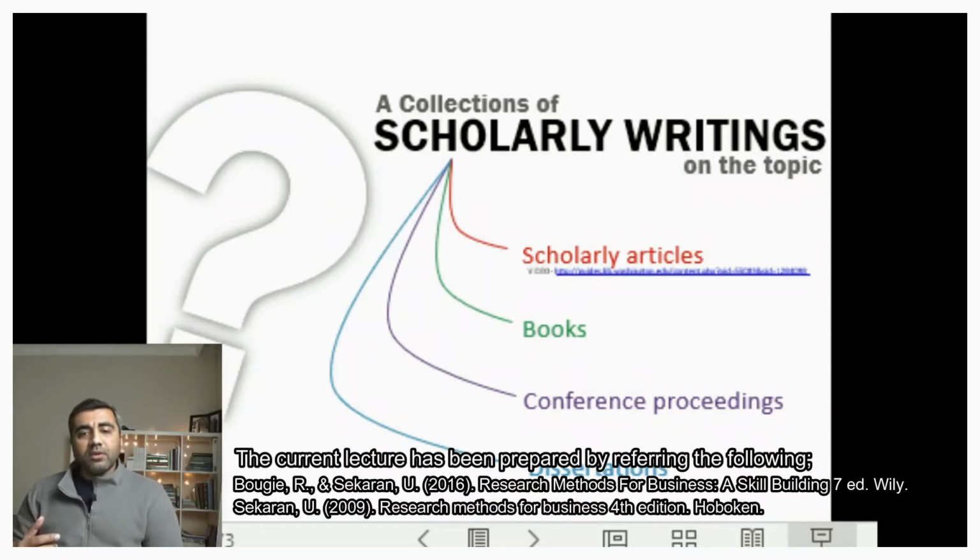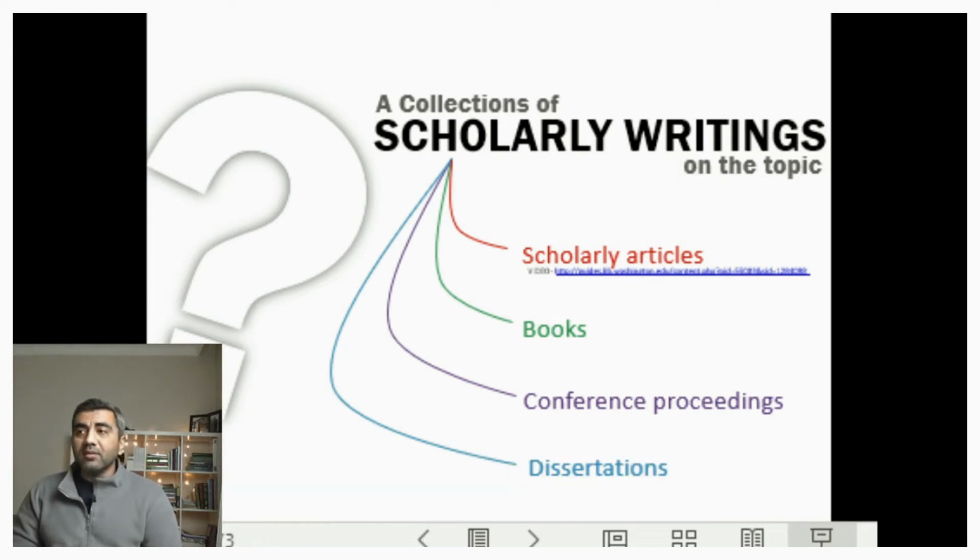The first step of a literature review involves the identification of various published and unpublished materials that are available on a topic of interest, and gaining, of course, access to those. If we look at data sources, again, we have to keep this in mind that the quality of literature review